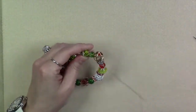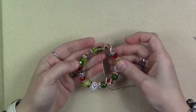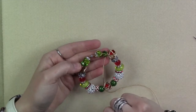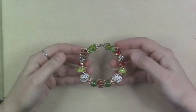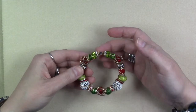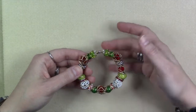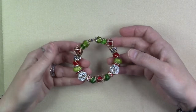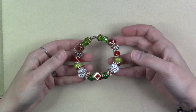And you want to repeat this process around the entire strand until you make your way back to the bead where you started. Once you've made your way around all of the beads, you just want to wrap around the first wraps that you made and trim off your end. The artistic wire has created not only structure for the design, but added an extra element of sparkle to this